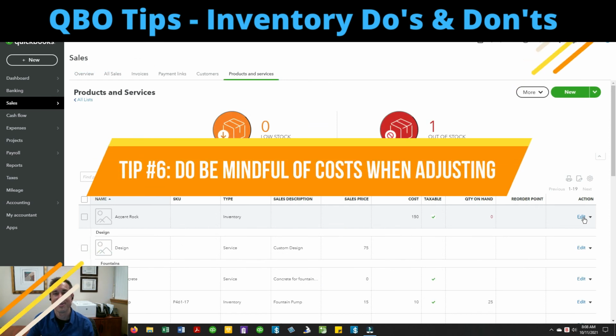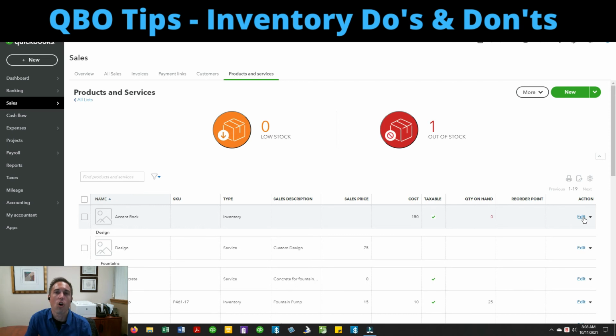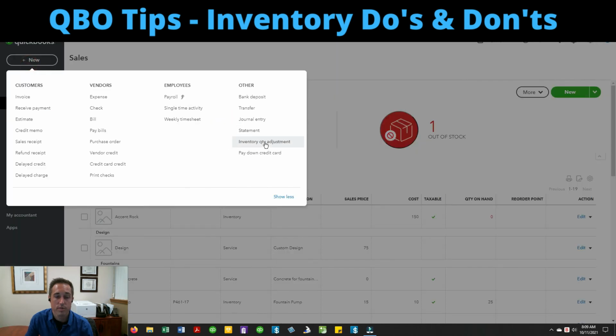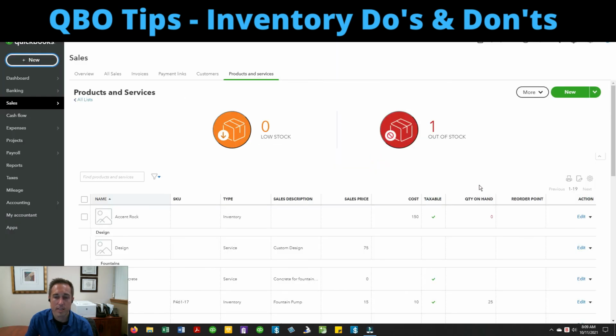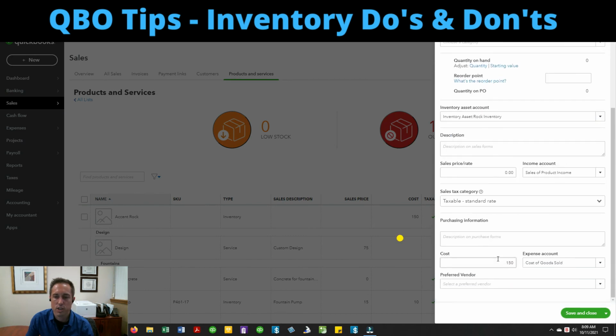Finally, do number 6. Do be mindful of the costs when you are doing an adjustment. It's easy to think that I'm just going to do new inventory quantity adjustment and everything's going to be peachy. But if there's no history for that transaction, it's a brand new item, hasn't been used before, it's going to adjust at the standard cost rate that you put, and that may not be the cost that you actually purchased it for the first time you bought it.